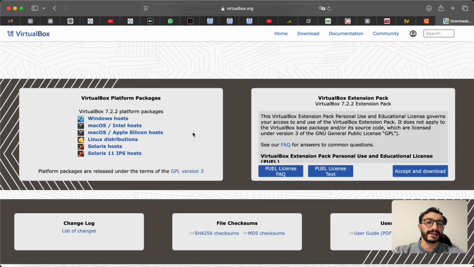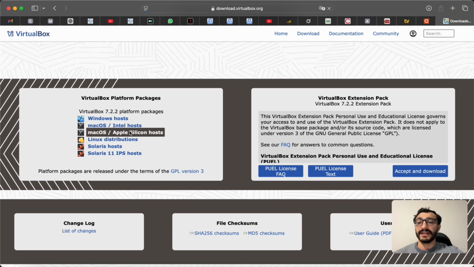The latest one, as I know, currently is M4, or any other Linux distribution. So if you are using Windows, click on Windows host, or if you are using macOS with Intel chips, you can click on that. And if you are using macOS Apple Silicon like M1, M2, M3, M4, you can just click on it and use it. So in my case, I'm using MacBook Air